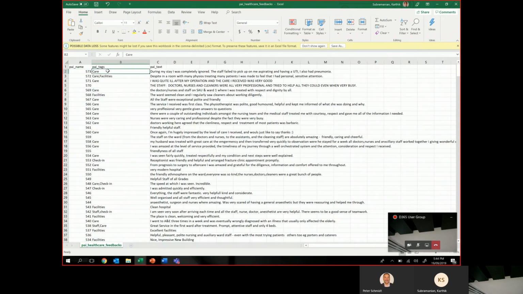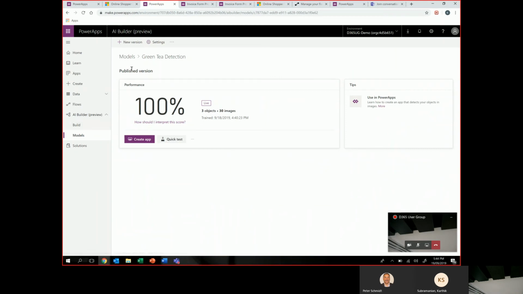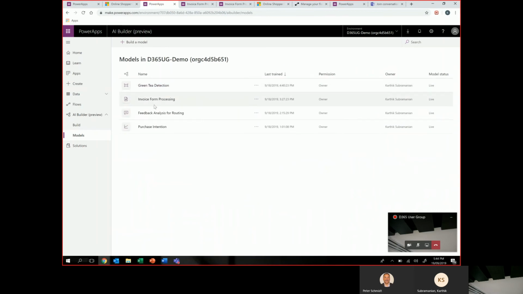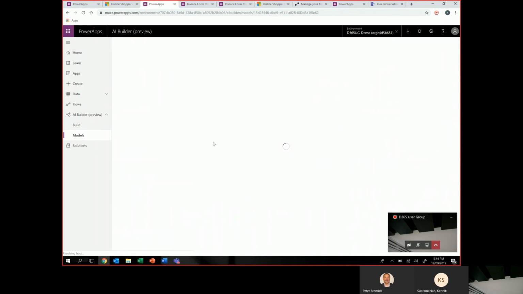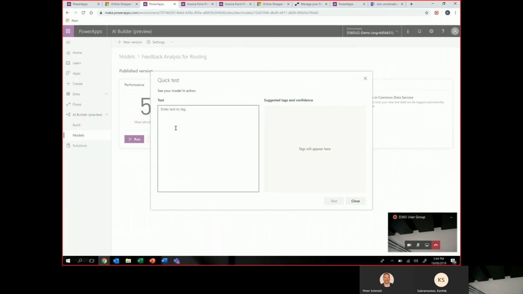So I got the tags which I need to map to, and I got the text that the people forwarded in. So that gets imported into the model,